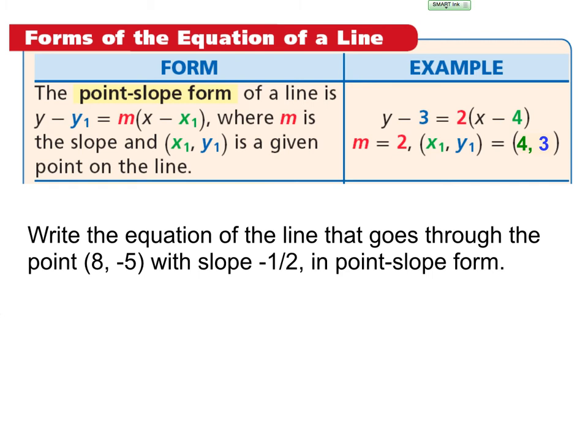So just the point-slope form. y minus whatever y1 is equals